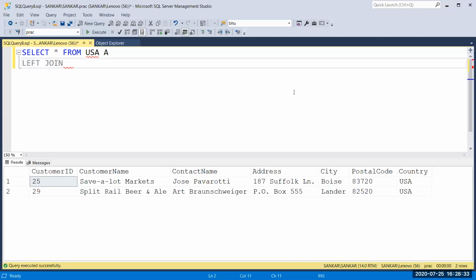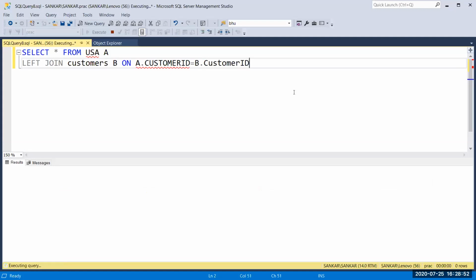Here I'm going to give left join, then customers, I'm going to give B, on A dot customer ID equal to B dot customer ID. So I'm going to run this.